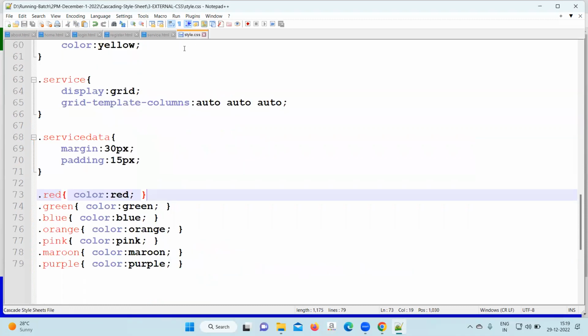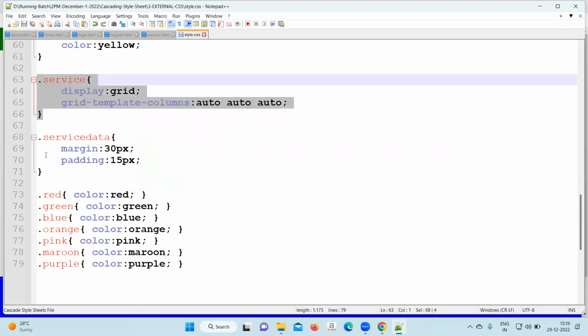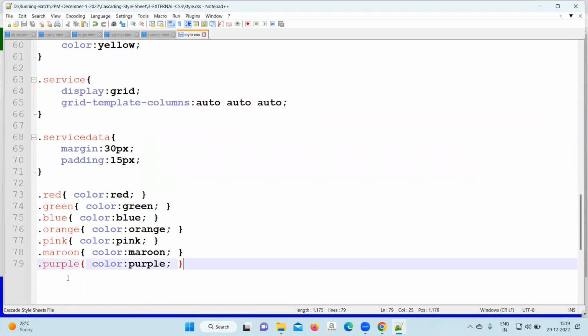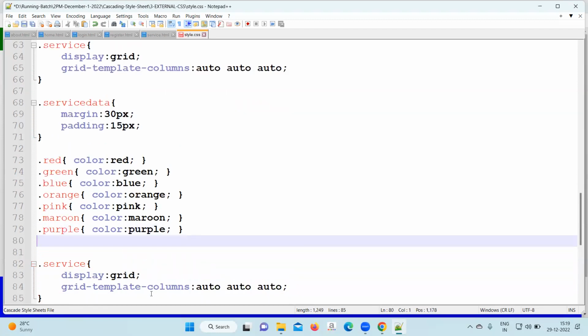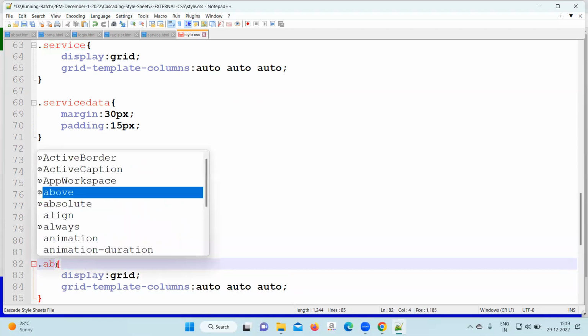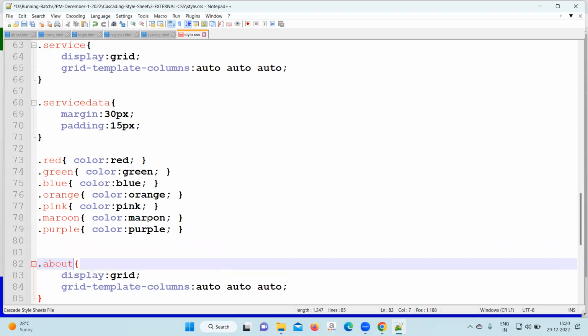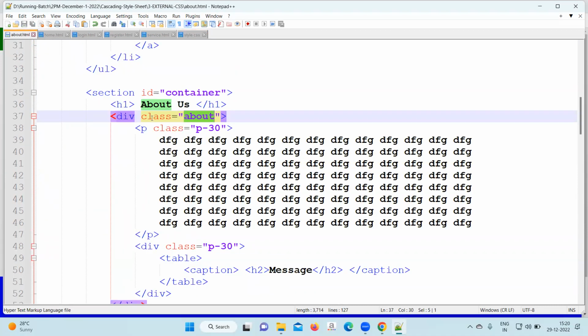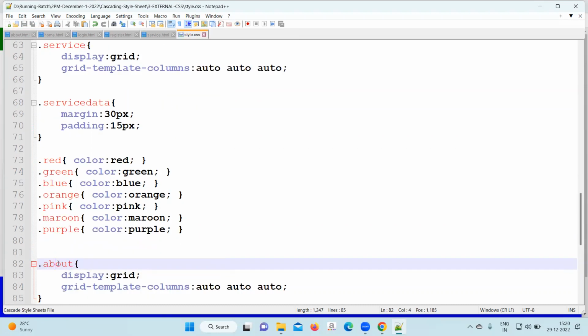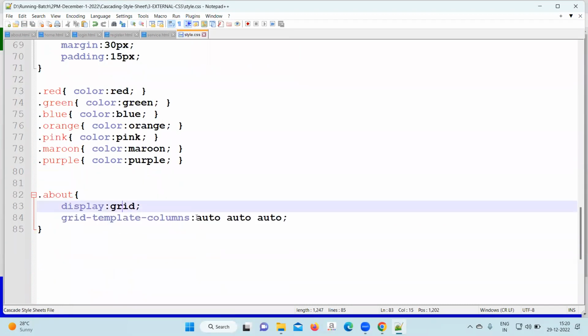CSS file. We have written a grid somewhere, service grid. Same thing we'll keep here. And in that you will write display grid. You will convert into about. Is it ID or class? In the about page, is it ID or class? Class. Okay. So we wrote here a class called about grid, and it should do